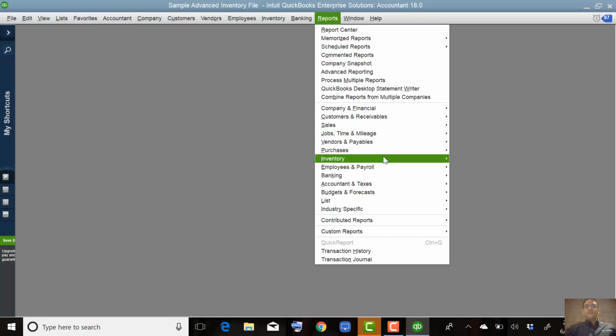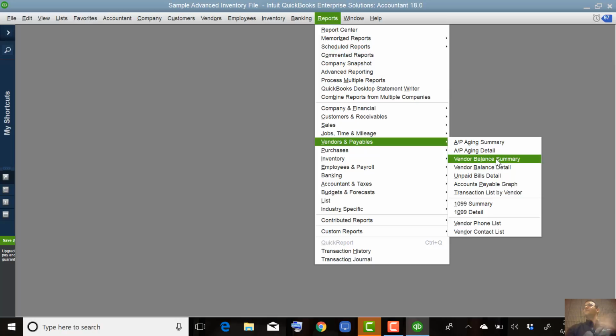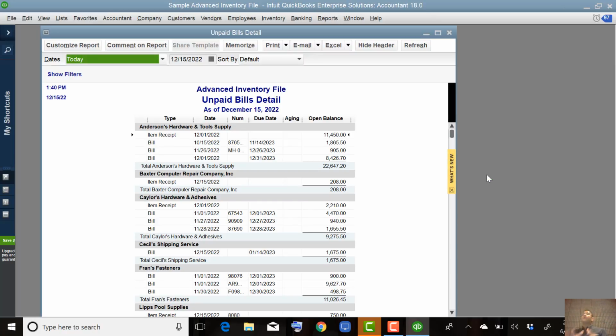So if there was one critical report you want the client to see the first time they open QuickBooks, right? Do we have any clients that we want them to look at one report before they do anything? Look at this one report, whatever it happens to be. You clear the screen, you open the report, let's say, for example, this is not to do with inventory, by the way, but you open up the one report you want people to see, let's say it happens to be this one,